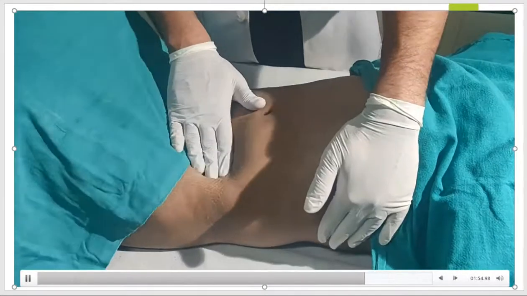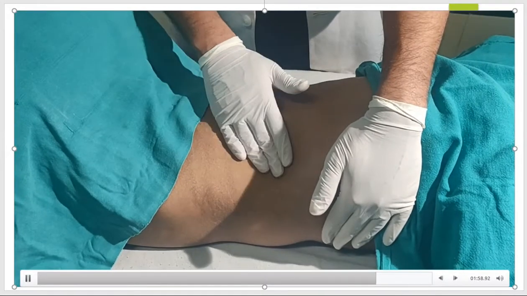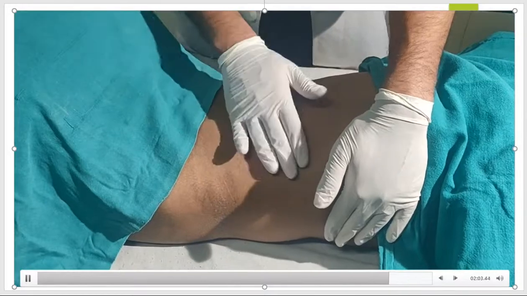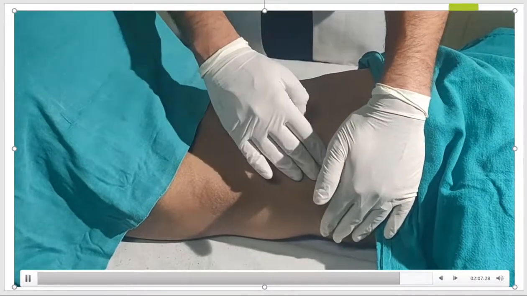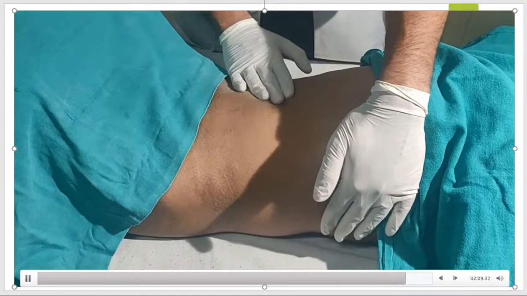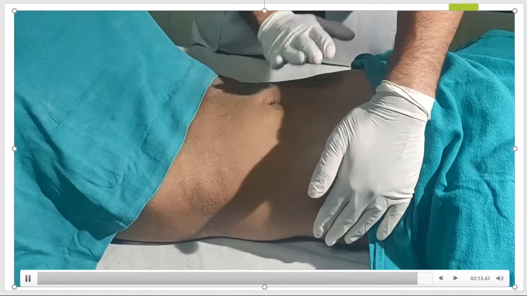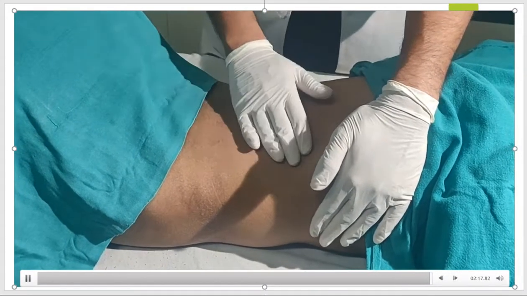So I'll start palpating from the left iliac fossa upwards. This is the second method of palpating a spleen. This way we can feel for the lower border of the spleen. We all know the spleen is present in the left hypochondriac region, extending towards the umbilicus, and is only palpable when it is more than 3 times its normal size. I'll explain the third method in the next video.